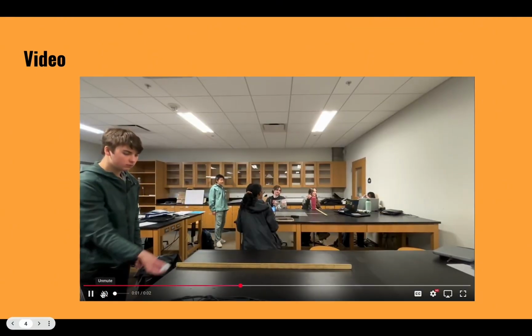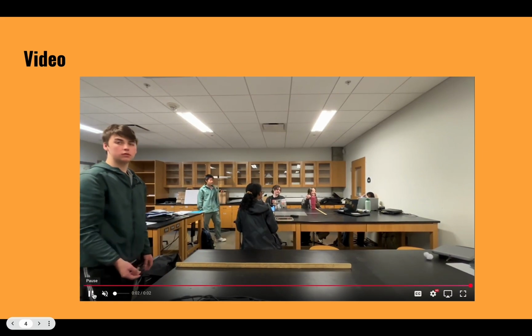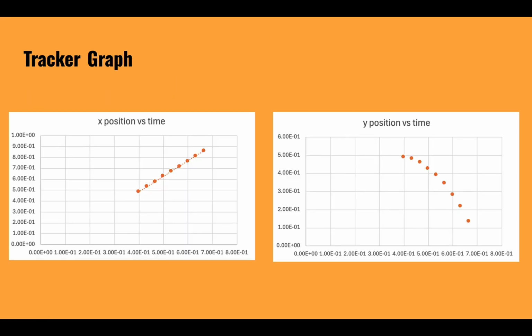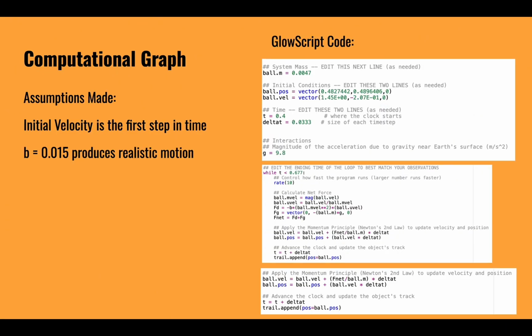And so here's the video being played. And with this tracker graph, we can see the x position versus time. What I did was I started at the height of the ball's motion. And we can see here x position versus time is linear. And in fact, it is going to be linear throughout the models that are shown today. And the y position versus time starts at the peak and then goes all the way down to 0,